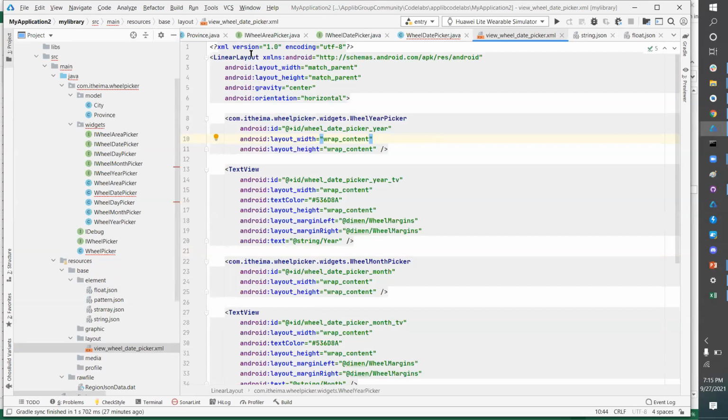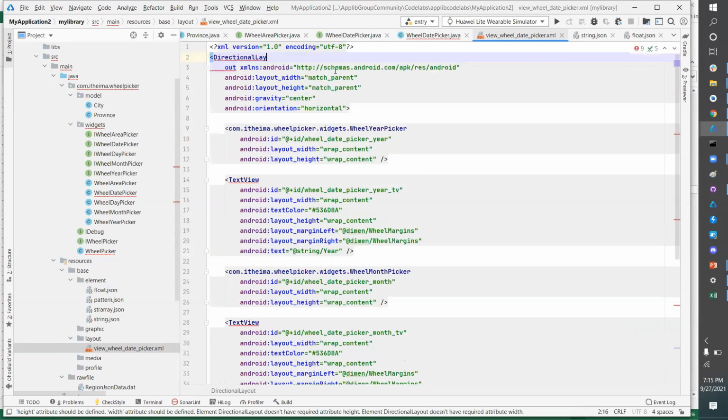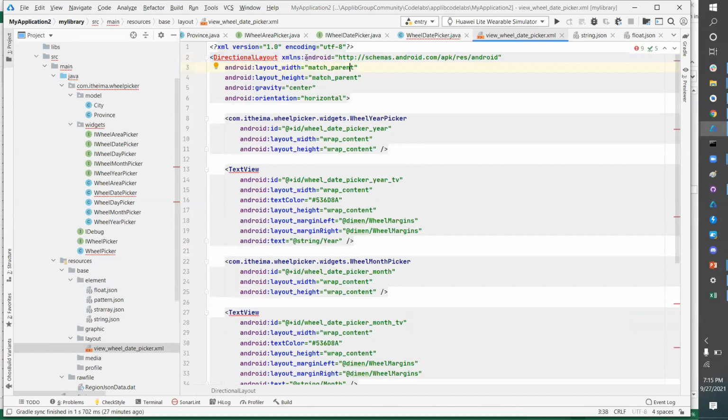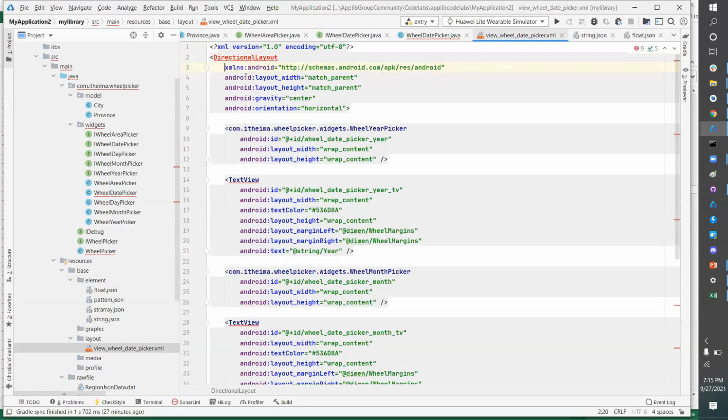Here, again, same thing. We saw that we do not have linear layout, so we will be using directional layout. And then it is not identifying because the XML definition, the namespace, is not right. It is referring to the namespace of Android, and here we need to refer it to Harmony.